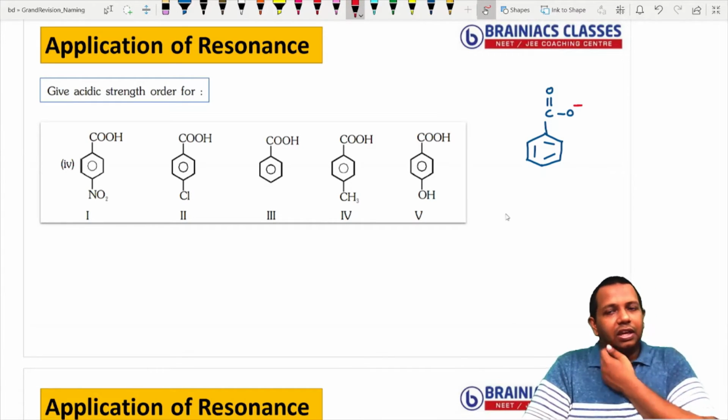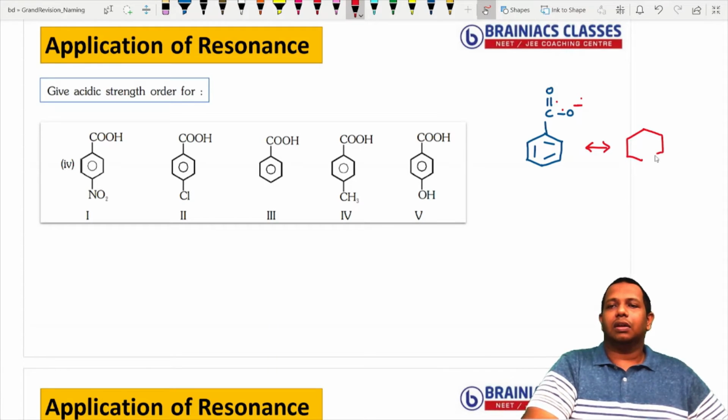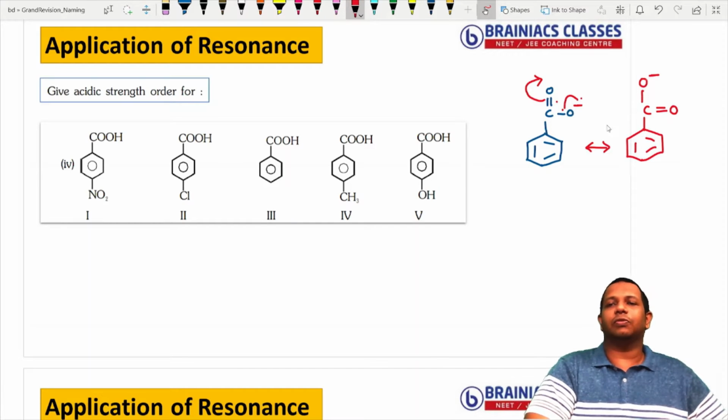Now listen here, the resonance is present in two types. One type of resonance is, I will draw here, you can see negative charge, single bond, double bond. So we know that whenever negative charge, single bond and double bond are there, negative charge will move towards the double bond. So the first resonating structure I can draw here is like this. You can see here, you have a double bond O. When this falls into here, a double bond will come. When the double bond comes here, the valency of carbon will become 5. So this will get polarized and move towards the oxygen atom. So you will have O minus. So this is the carboxylate ion which will enter into resonance. This is one form of resonance here.